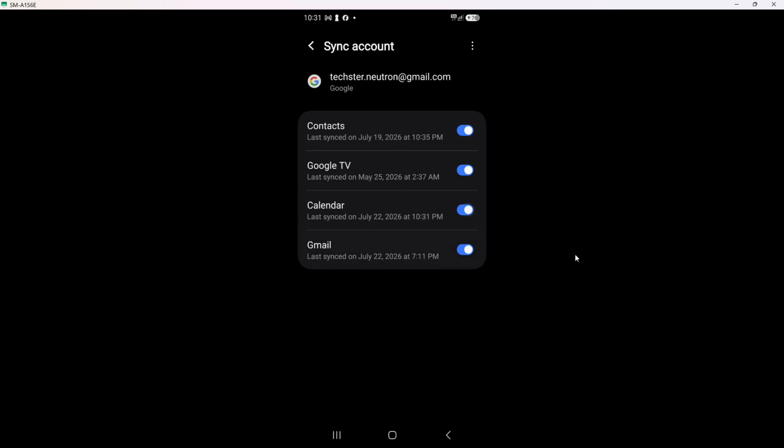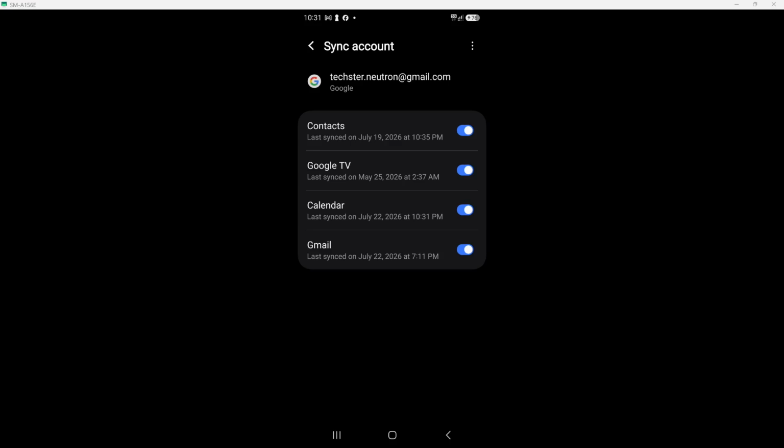After that, sign into the same Google account on your other device. This could be a tablet, another phone, or a computer. Ensure you use the same credentials you used on your Samsung device. Logging into the same account is essential for consistency, as it allows all your events and reminders to appear seamlessly across devices. Once you are signed in, you are one step closer to having everything synced up perfectly.